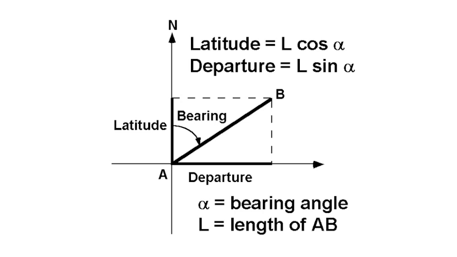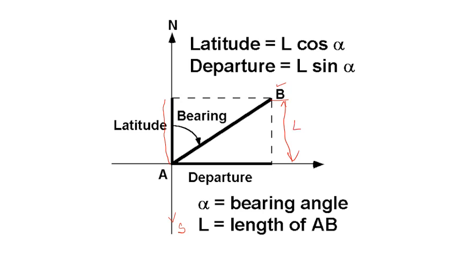Again you can see here how mathematically we can find out latitude and departure. We have a position A and there is another position B. We want to find out what is the latitude of this line AB. The latitude of a line is the measurement along or parallel to the north-south direction. This is the north-south line. So this measurement, which is parallel to the north-south line, can be called a latitude.